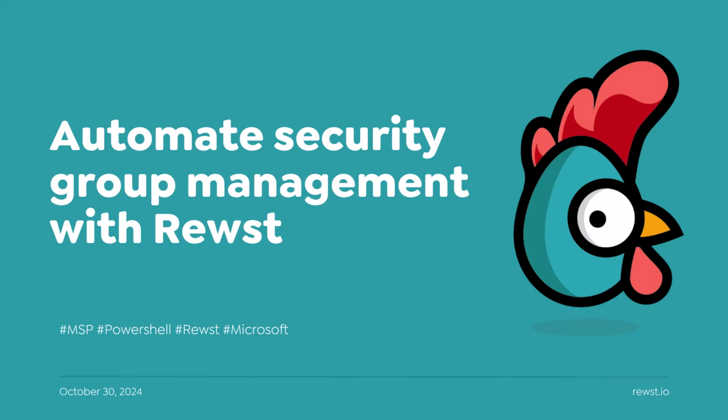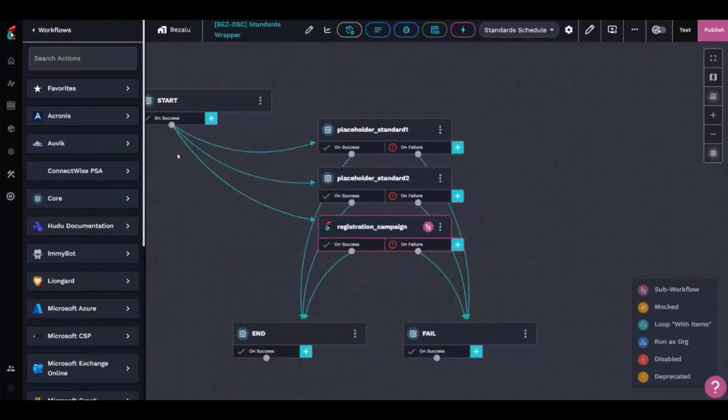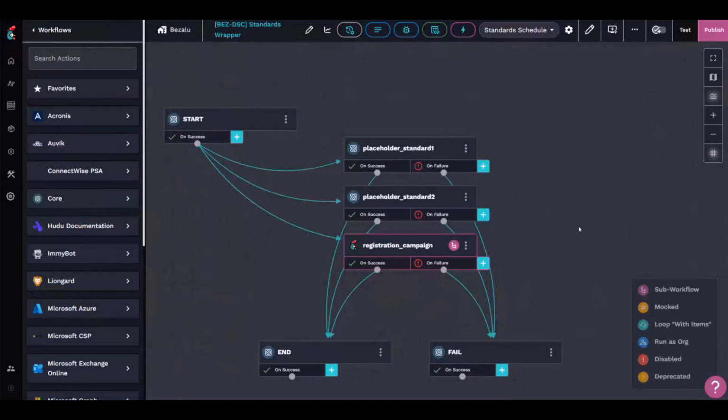Okay, so this is basically a demo going over how you can do some basic desired state configuration on your Microsoft tenants. So this one here is sort of demonstrating how you can place this in a wrapper to start with. So similar to the first demo, you have a starting point that launches a bunch of other workflows. I only have one in here right now, but I wanted to just add some dummy no-ops just to prove